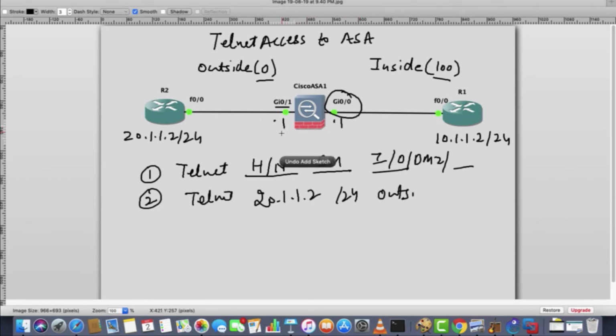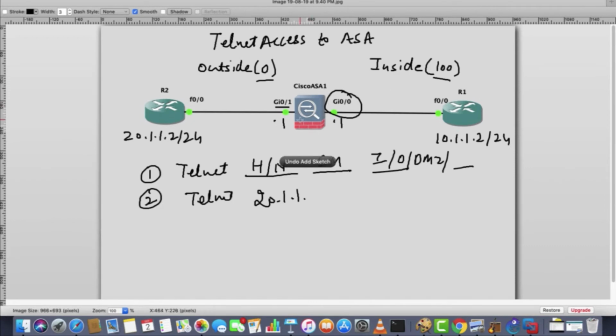This is the first thing. Second thing is, if outside has, let's say, 90 and inside has 89, then on inside the Telnet will not work. The same is the case for SSH, and on outside it will work. This is second thing. Third thing is, if both have, let's say, security level of 90 and 90, then both of these interfaces will not accept the traffic because both are equal. If these were 100, because 100 is the maximum value, then both would have accepted. But in this case, no. So with equal security level, the remote management will not work. So you have to have the highest value.